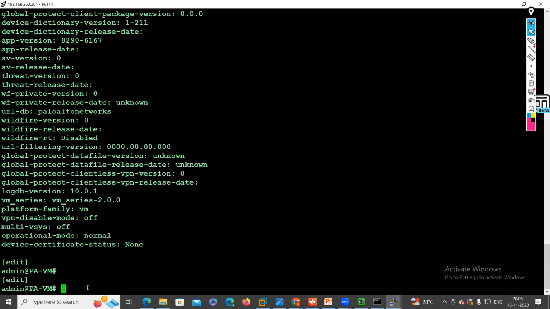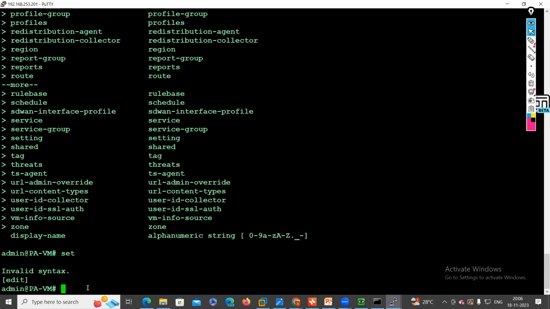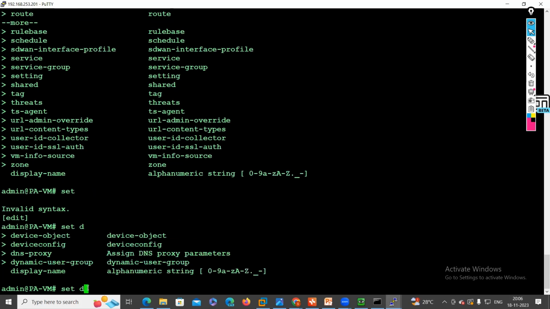To configure the IP address on my management interface, I need to select my management interface, right? To configure something on your device, you have to use the keyword set, and then what you are going to set. Whatever configuration you are doing related to the management interface, you have to use set device config, which means I'm doing a configuration on my management